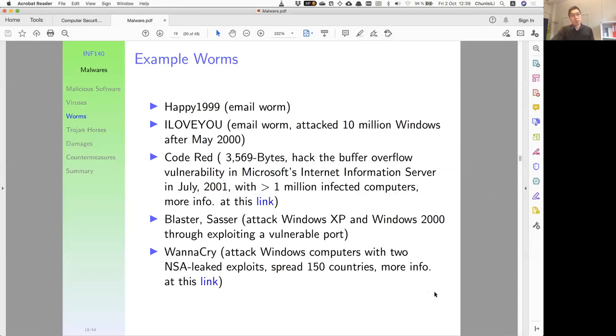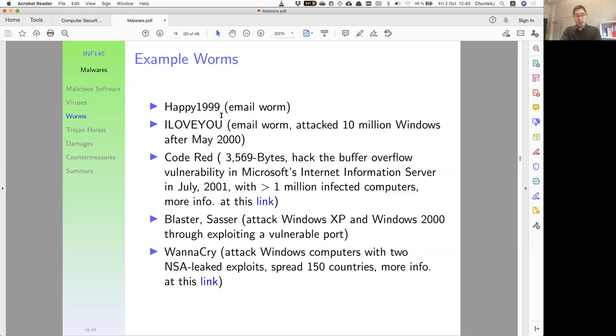So last time we stopped at the examples of worms. Personally, I would like to show you some specific examples, but we don't have enough time, so I will just lead you through some of these examples, and for the others, I prefer you to explore some of these worms by yourself to see what damages these worms have caused to the internet. So the first one is